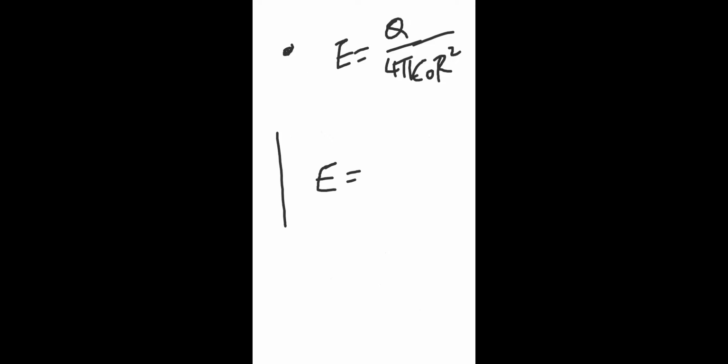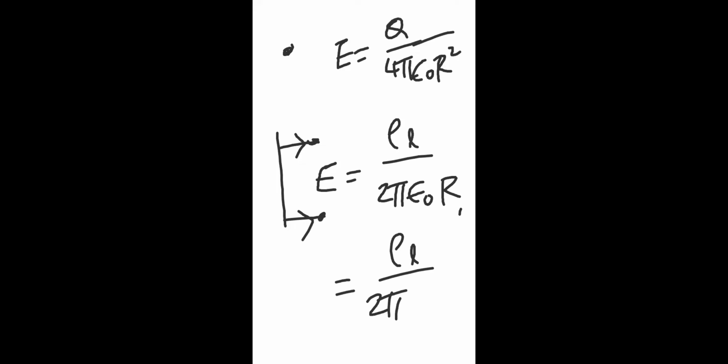Now I am going to compare with the point charge. I had an electric field like this, Q divided by 4 pi epsilon naught R square, where R is the radial distance from the point. In case of line charge, I get rho L divided by 2 pi epsilon naught R, where R is the perpendicular distance. This is also radial only, but not from a fixed point always. It is like a radial perpendicular distance. Once you are here, you have to measure it from here. That is the idea of this R. Or in some books, they write 2 pi epsilon naught A.